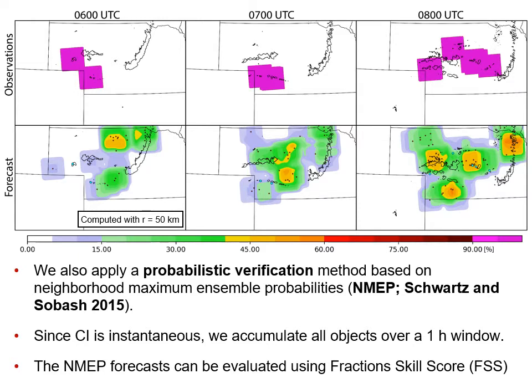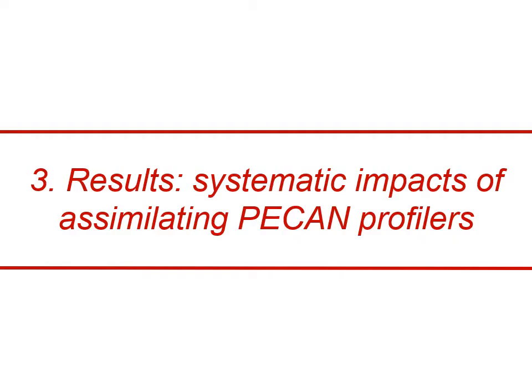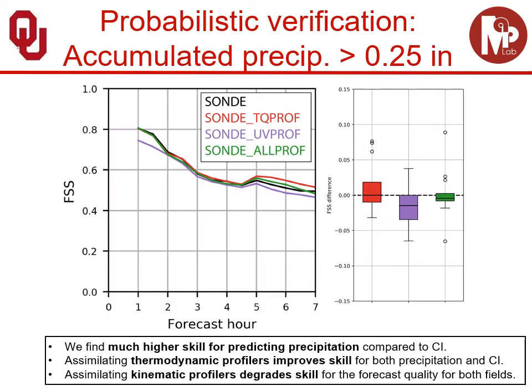Once we have both of these probabilities calculated, then we can verify them using fraction skill score. So that wraps up our methods, and now I'll move into the results. I want to start by showing the probabilistic verification of precipitation